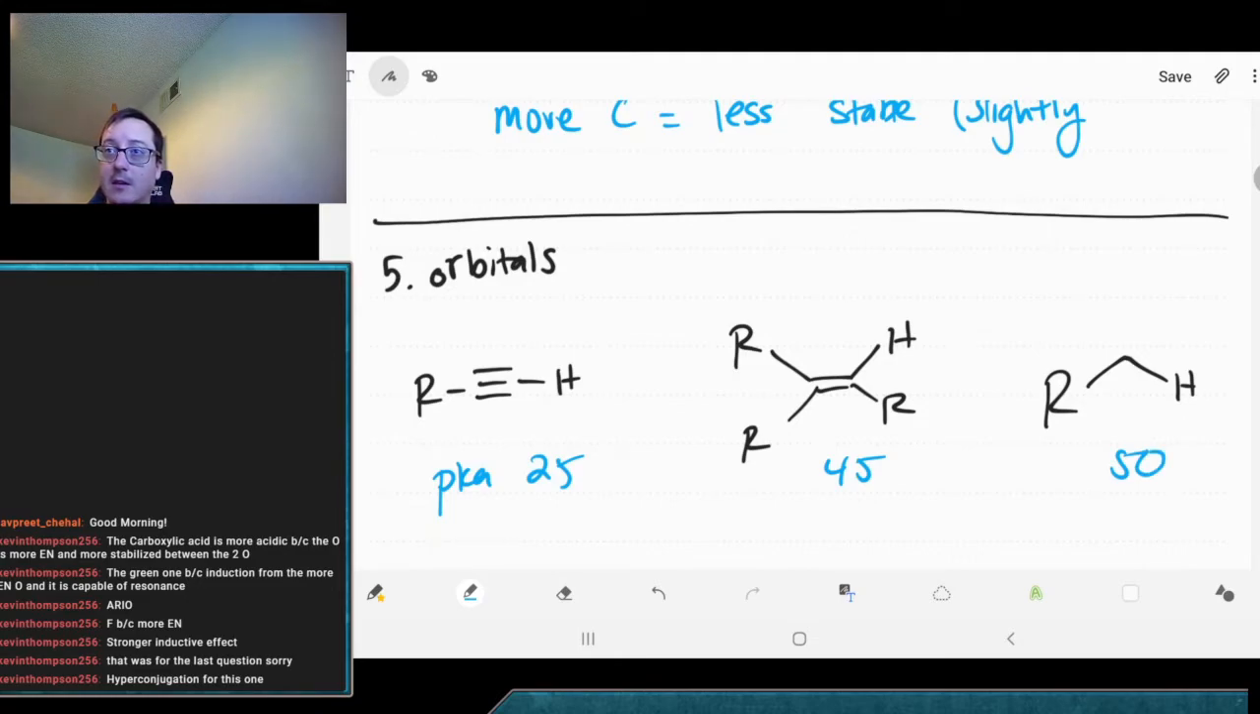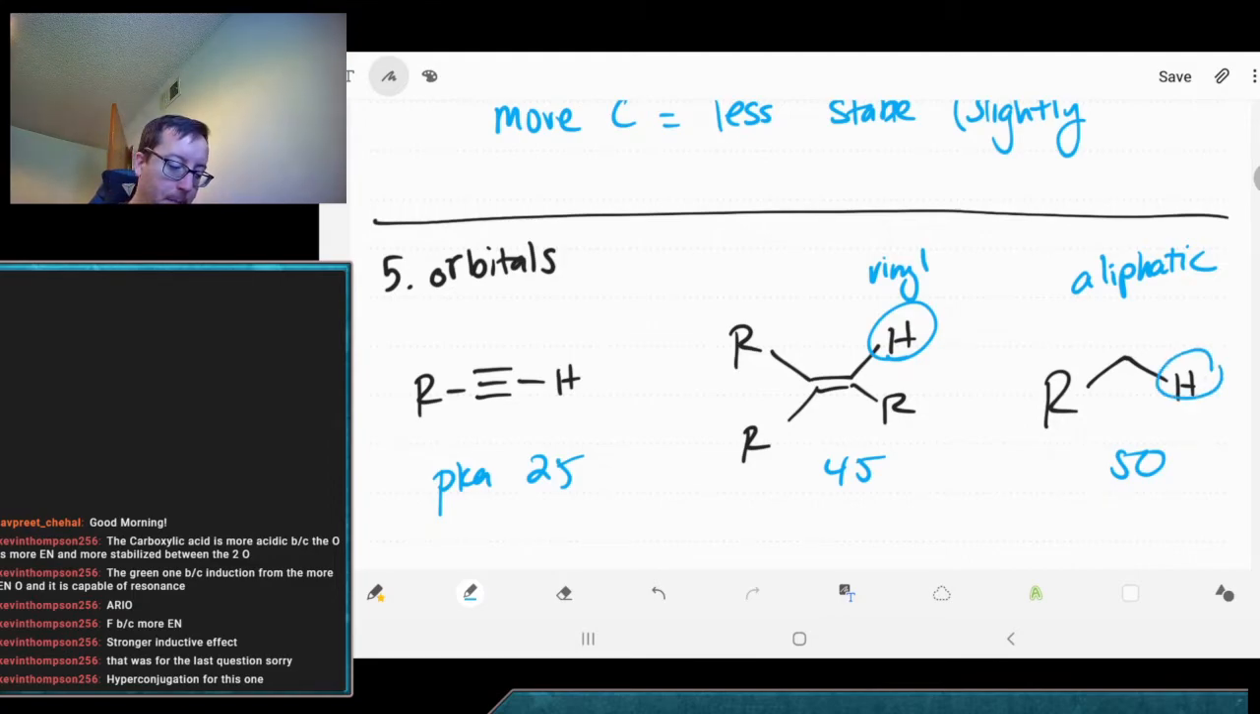We see what's called a vinyl hydrogen versus an aliphatic hydrogen. These are words that we use to describe these. What's the word for the acetylene one? I don't know if there's a word for this. SP, we'll say for now. I don't think there's a word for this particular one. Anyways,